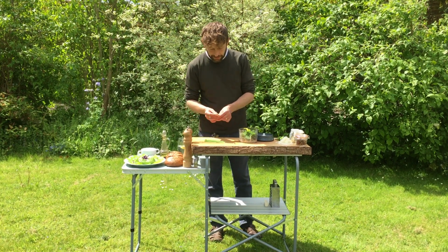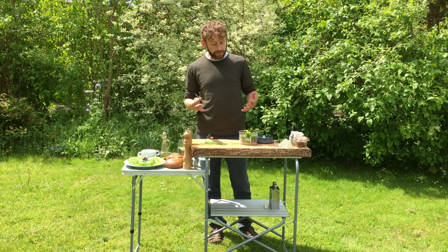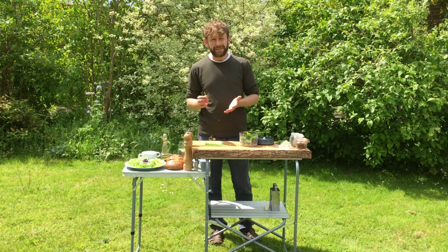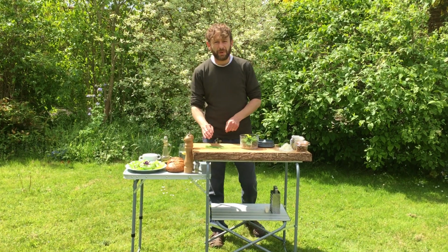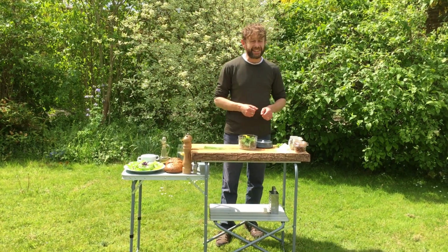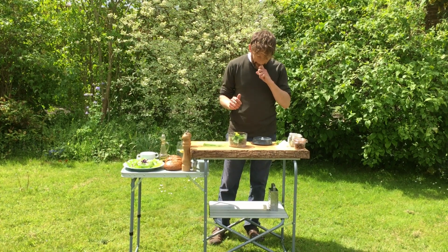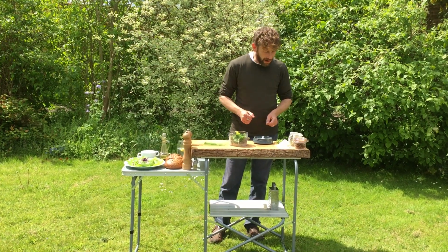These stems, from the flowering parts of the plant, from the seed bearing stems, I'm going to keep these because these are the sweetest part of the plant. I'm going to chop them up small and make them into a nice wild garlic chutney at some point later today. But here with the pesto, we've got our nuts in there, we've got our wild garlic in there, and